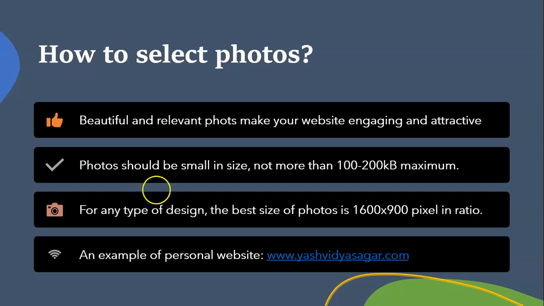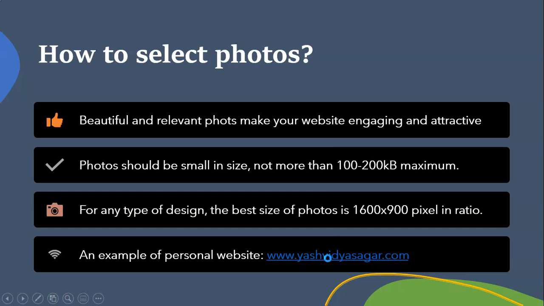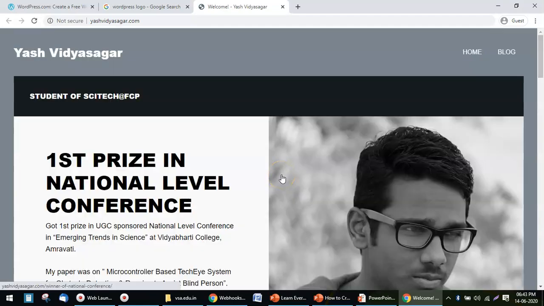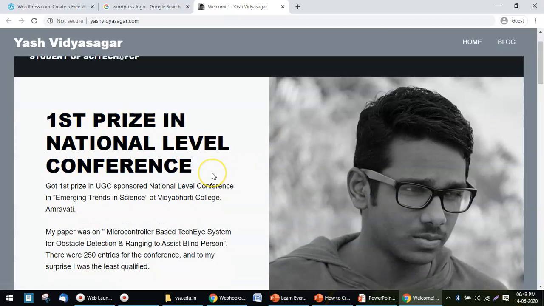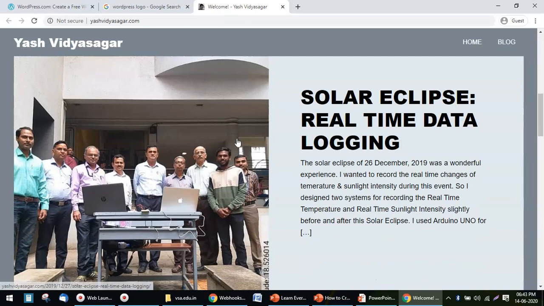Regarding that, we shall explain to you. If you visit this website here, it is the yashvidyasagar.com website, then this website will give you the idea of how to create a particular website, particularly for teachers or students, or as a personal website, because this website is a personal website which shows that the entire content and achievements and activities and all these things are properly explained and displayed.